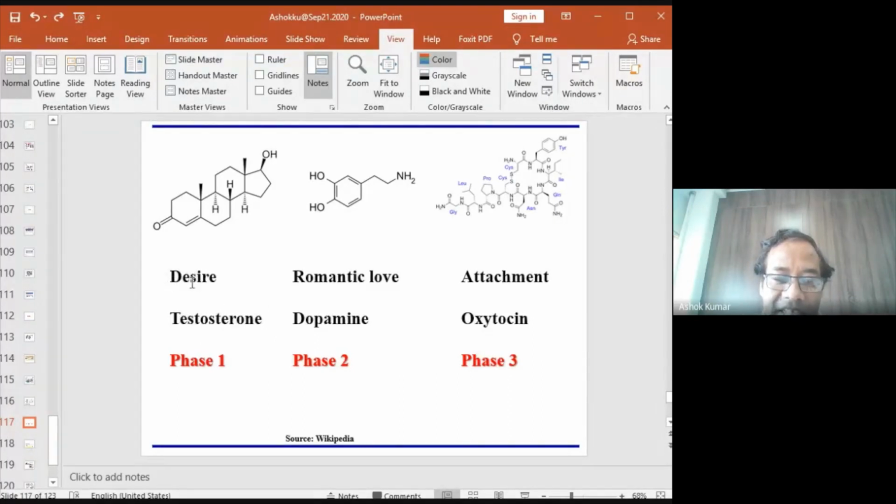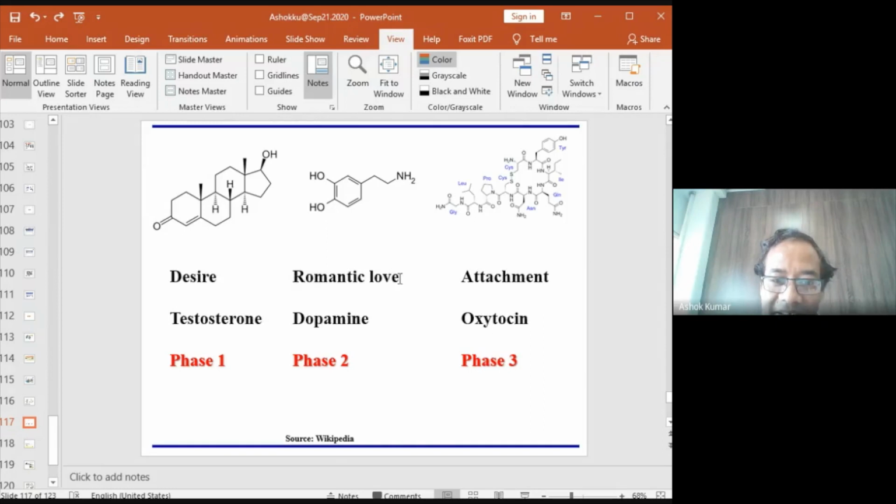So the desire for something can be desire for any person, any individual, or desire for anything. And if you have a higher number of this chemical, the desire will enhance. The same thing happens. For example, this is a particular case of the desire for an individual, and then the second case